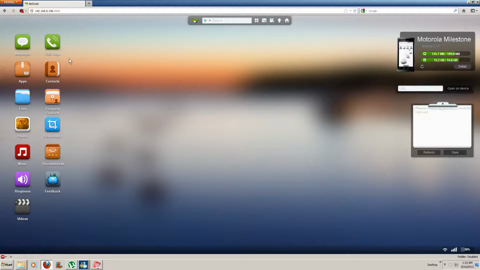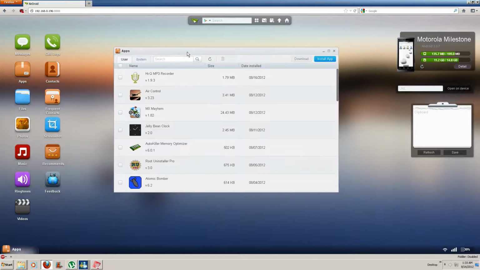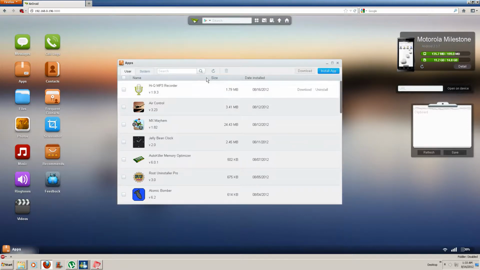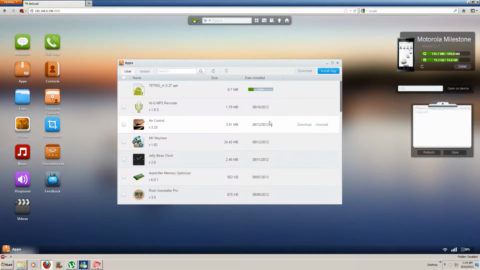Now finally, we can get to the apps, which is the main reason why I use AirDroid. If you're like me and you use a lot of APK files, then this is the app for you. Reason being, by using AirDroid, you have the ability to install APKs from your computer onto your device without having any USB connection. Overall, eventually you'll find that it is actually very useful and very easy. All you have to do is download the file first, the APK, which I have on my desktop, and